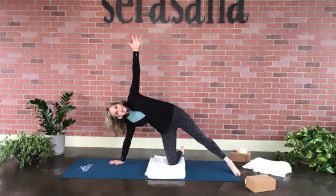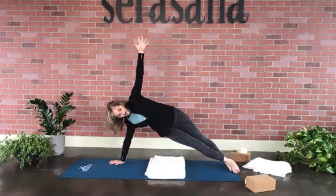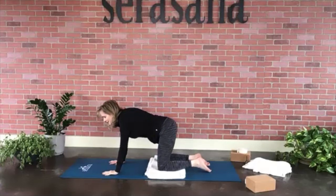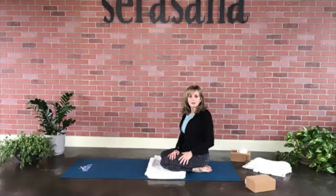You can stay right here. Or if you want to turn this into a full plank, just allow that right foot to meet the left. Either way, let's hold this for 5, 4, 3, 2, 1, and then we're going to gently come back down into our table. Let's go ahead and sit back on our heels and take a little care of our wrists,